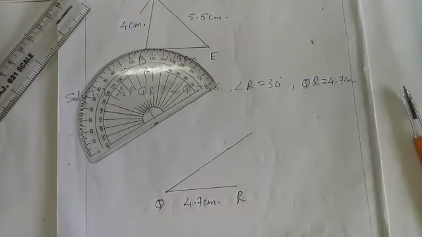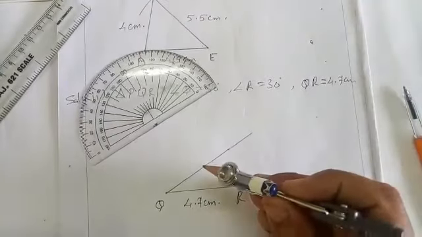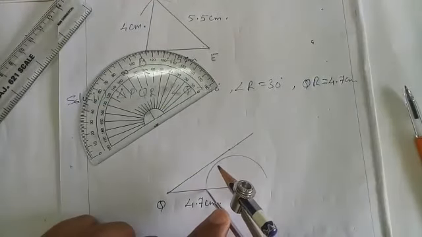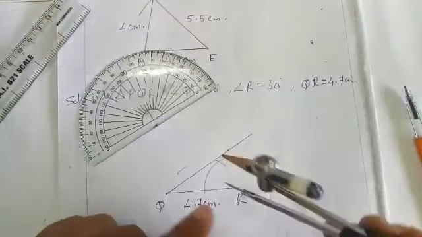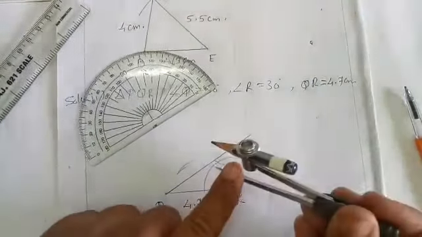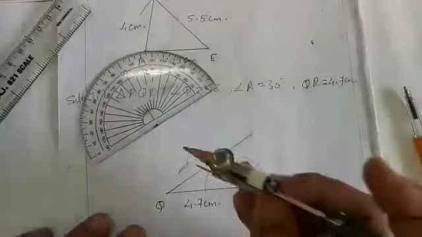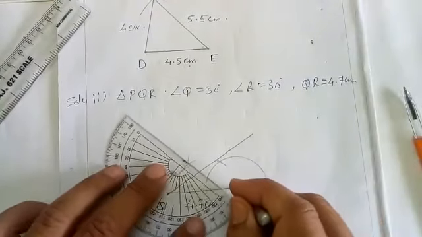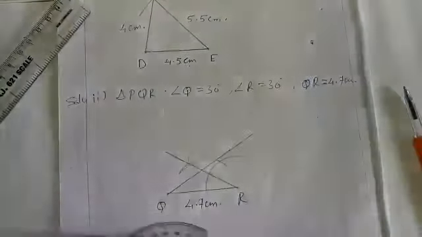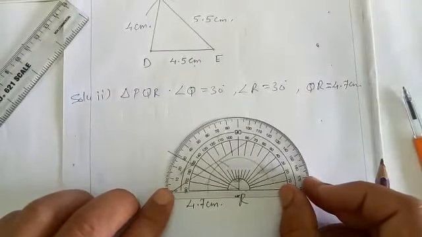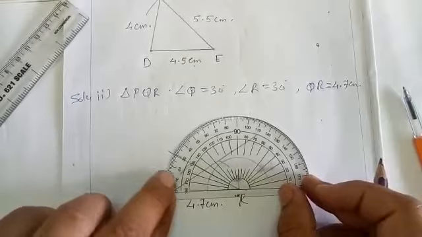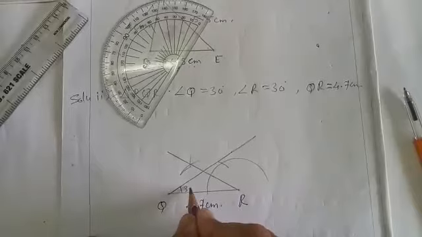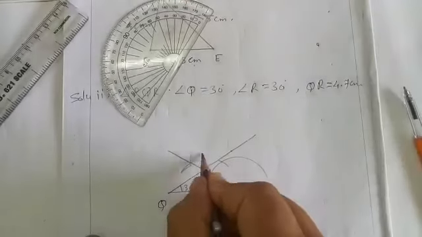With the protractor you have drawn it. With the compass also you know how to draw 30 degrees. Take any arc, cut an arc. From that point again you cut an arc, which gives 60 degrees. Then bisect the angle between these arcs. Where you get that point, you join it. If you want to check, measure it. See, it is 30 degrees. So you write over here 30 degrees at R.